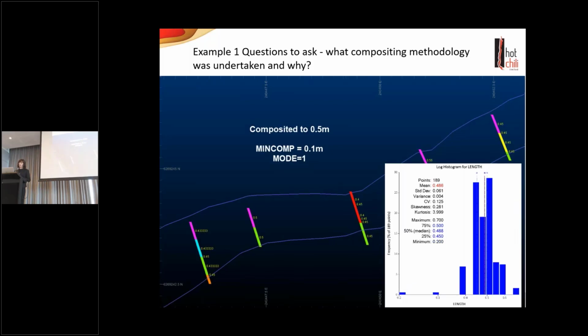And if you do a mode of 1, you can see that those residuals have gone, and particularly on the left-hand side here, you can see that the samples have been more forced to be as close to the 0.5 as possible. So lots more decimal places. That's the quickest way to check if a mode 1 is being used, compdh, and that histogram has been tightened up. So you can do these tests and say, okay, it had no material impact, but we tested it. So at least we've done the work. Here's the transparency.